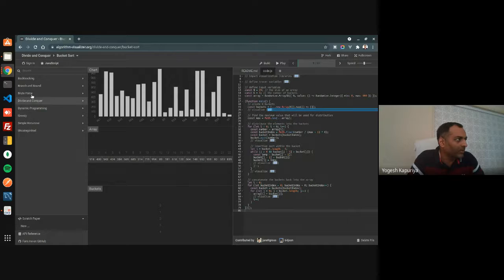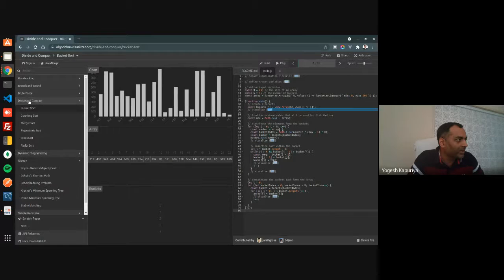Let me give you an example. We have not discussed these algorithms in greedy yet, but as per my knowledge, sorting has been done in your class. So let's say if I want to understand the concept of bucket sort, then I can simply play it.